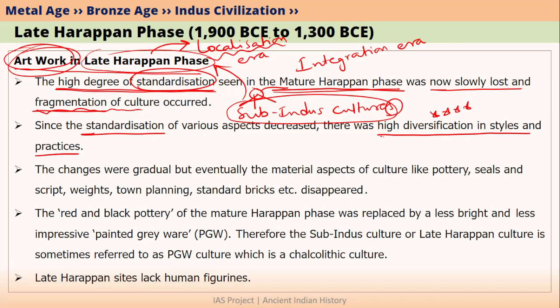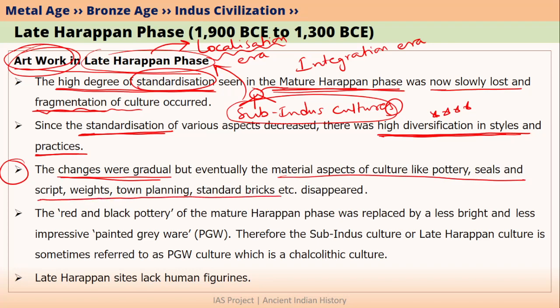During the late Harappan phase, there was a high diversification in terms of styles and practices of people. Moreover, the standardization which developed during the mature Harappan phase declined during the late Harappan phase. We must note that in many of the regions, these changes were not abrupt. Rather, they were very gradual. But eventually, material cultures like pottery, seals, script, weights, town planning, and standard bricks that were being used in the mature Harappan phase